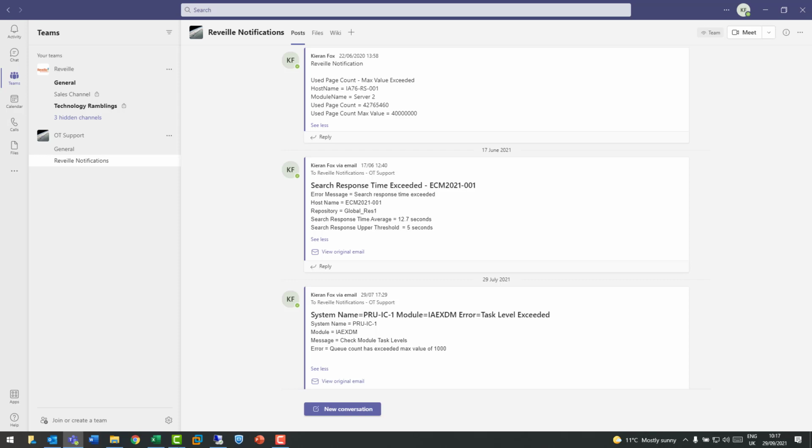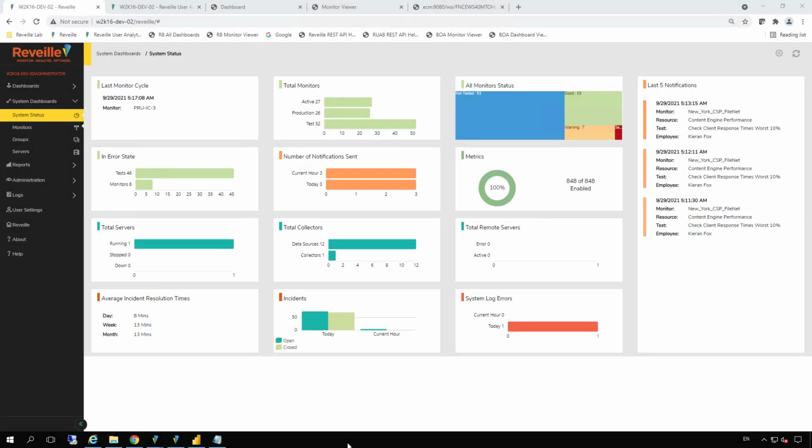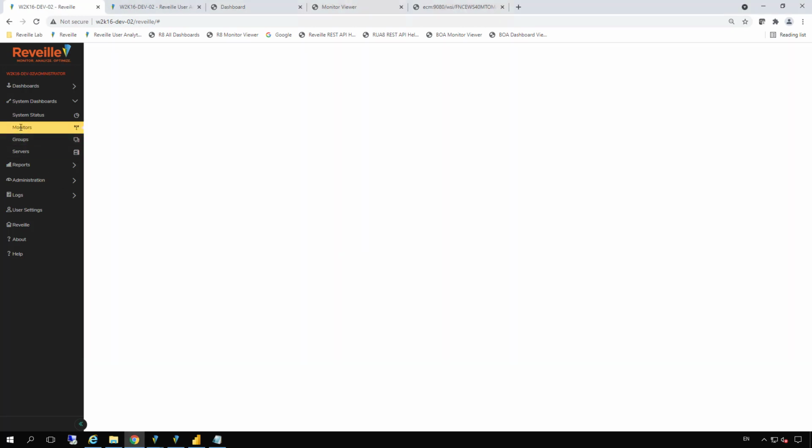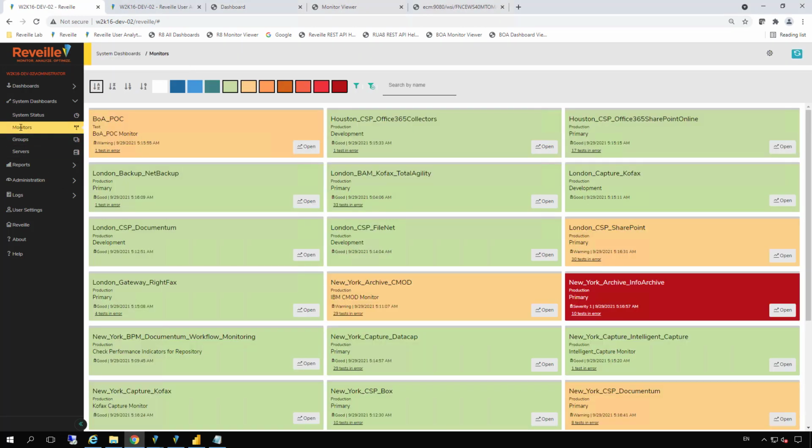Once we have reviewed our notification, we open the Reveille User Console. This is where we investigate any issues that Reveille has encountered. The first screen we can see is the Reveille system status. This tells us what is running within Reveille and what is being monitored, who has been notified of any issues, etc. We next drill down into the Reveille system. This is where we can start to get a view of not only our FileNet system, but our whole content management environment. It shows all the elements that are being managed and